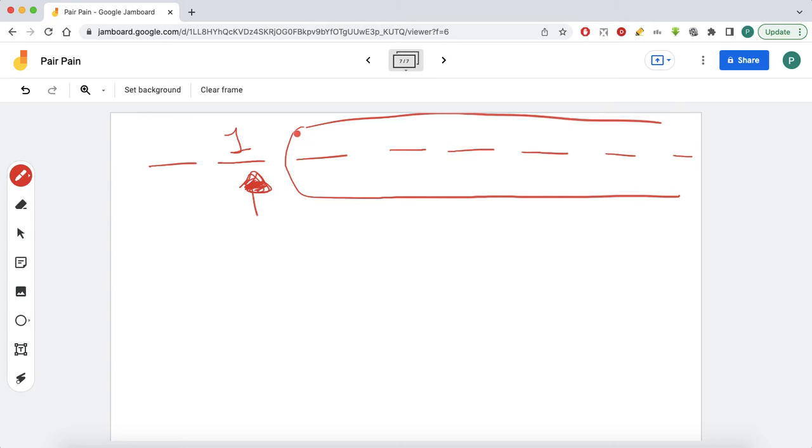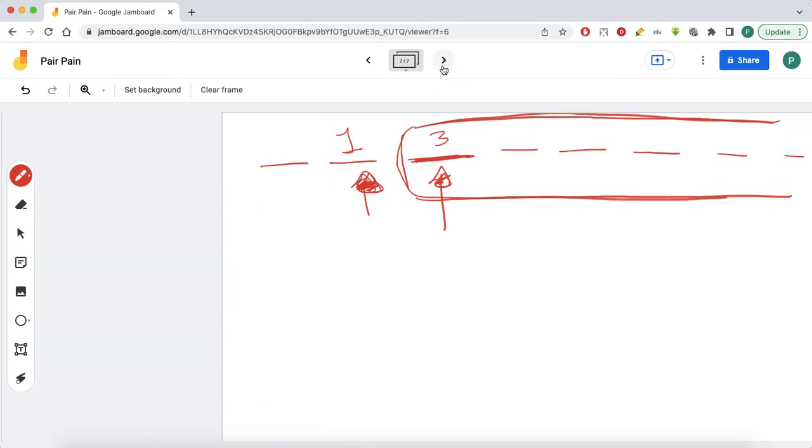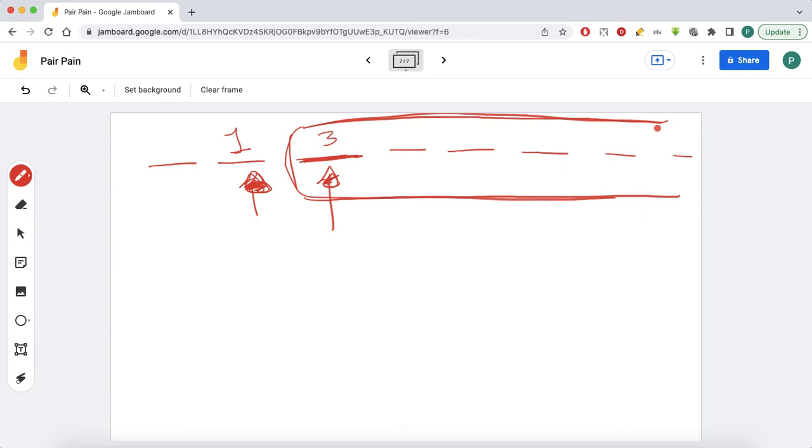So we will add all the remaining elements to our answer. Okay, so let's say if we are at this position and the value at this position is 3. So observation 2 tells us that if x is greater than equal to 3, then all we need to do is find all those y which are less than equal to 1, which is nothing but 1 only. So we just need to count the number of ones